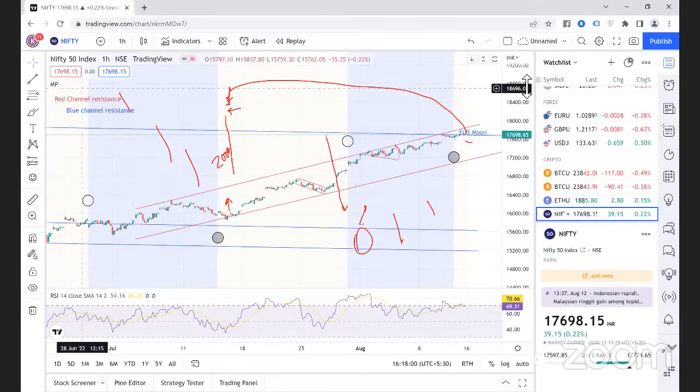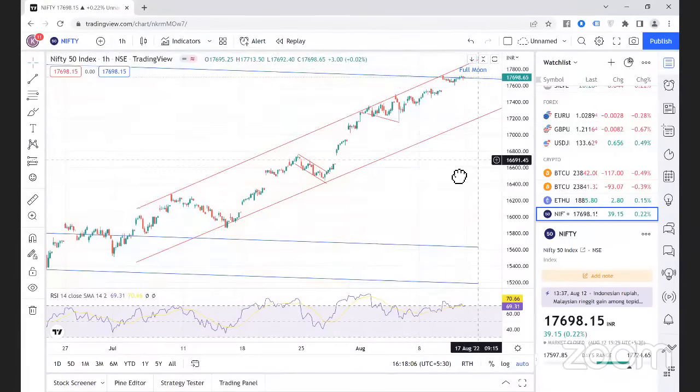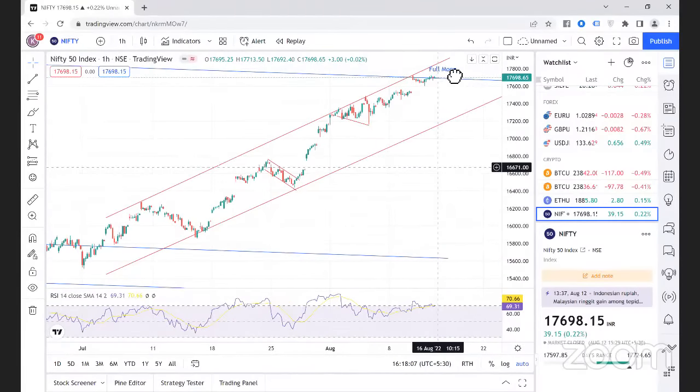I'm going to clear the screen. I'm going to hide across the moon phases and that's the channel. So फिलहाल full moon है इधर, स्पेस भी है, अभी तो फिलहाल स्पेस है तो 17,800 तक जा सकता है निफ्टी, यहाँ से गुंजाइश है 100 पॉइंट्स आपको।